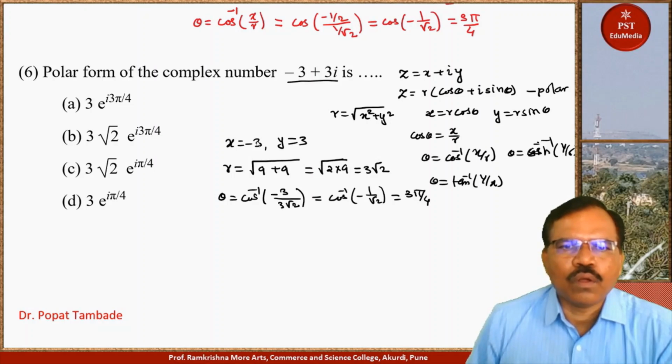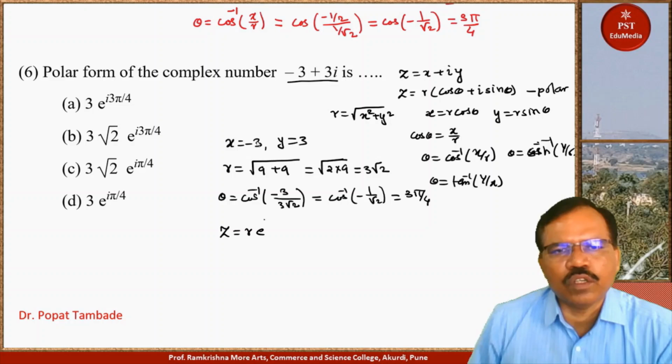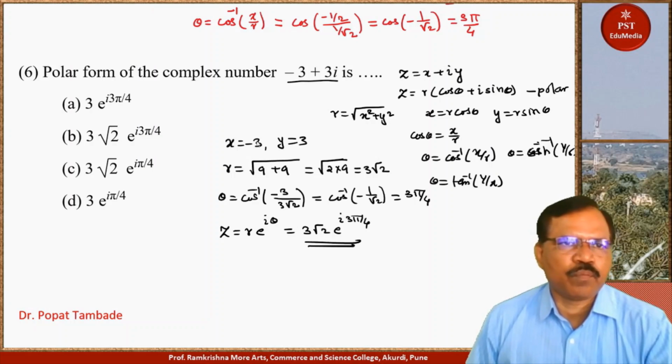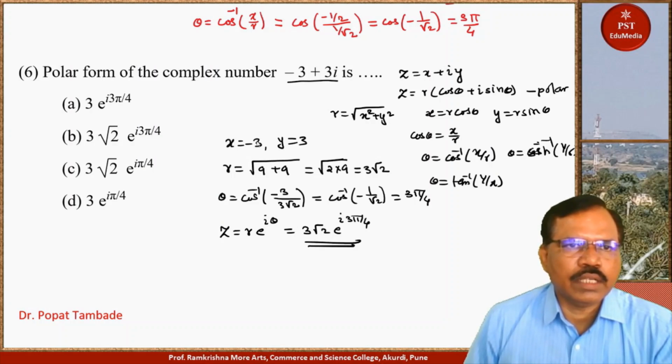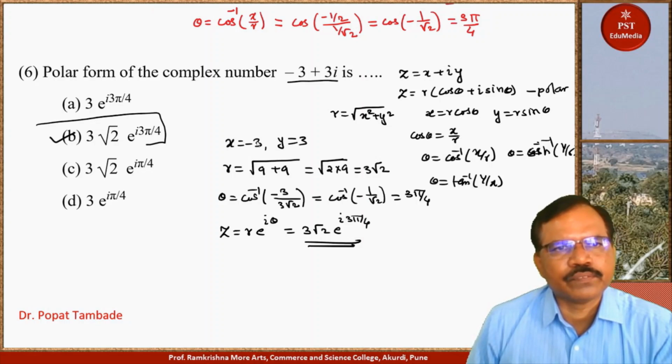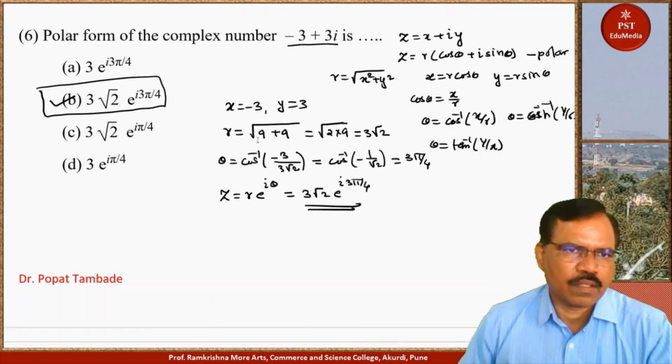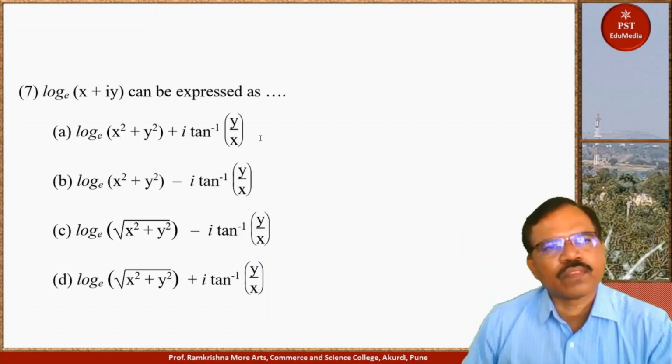Now exponential form of complex number is z is equal to r e raised to i theta. So r is 3 root 2 e raised to i into 3 pi by 4. So this is exponential form. So here this second one is correct. Now next one,